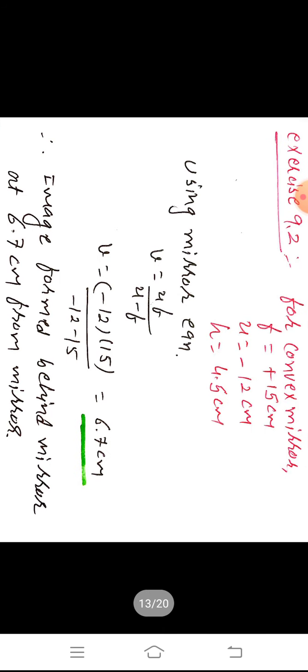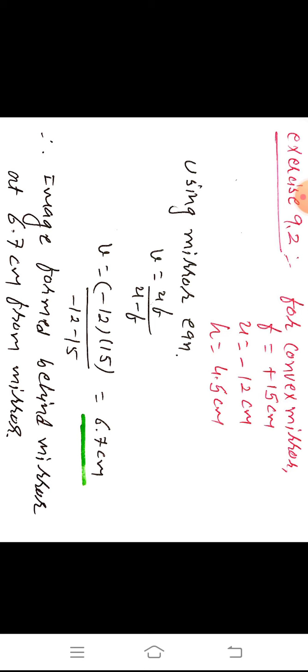Here, first of all, concentrate on the mirror. Here it is given as a convex mirror. That's why we use the sign convention for a convex mirror. So the focal length is positive 15 centimeter, object distance is minus 12 centimeter, and height 4.5 centimeter is given. Using the mirror formula,